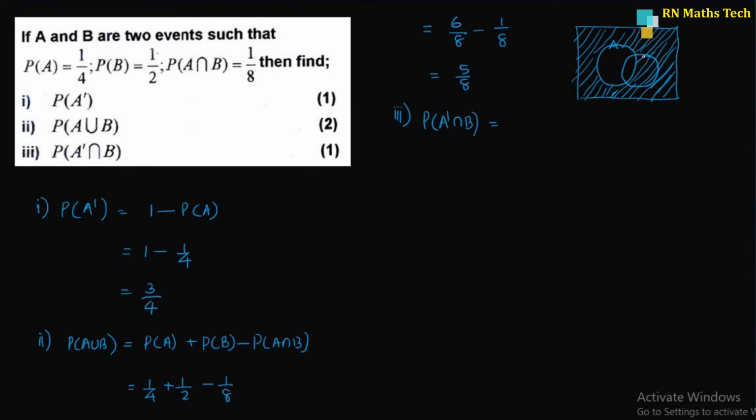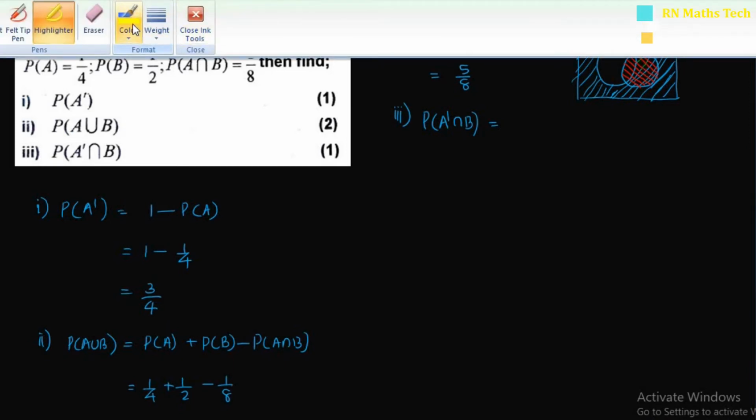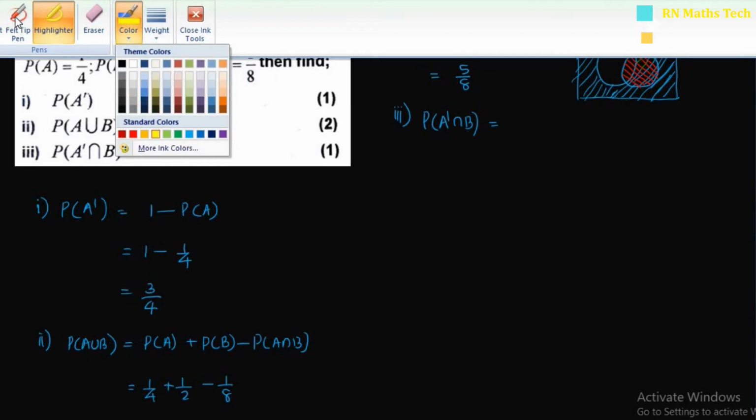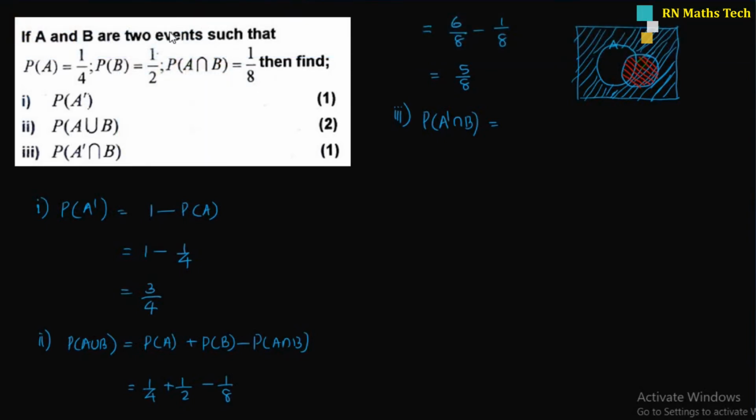If we take intersection with B, so B is shaded here, the common portion is this region. This is the common region, which can be shaded by this yellow color. So this common region is